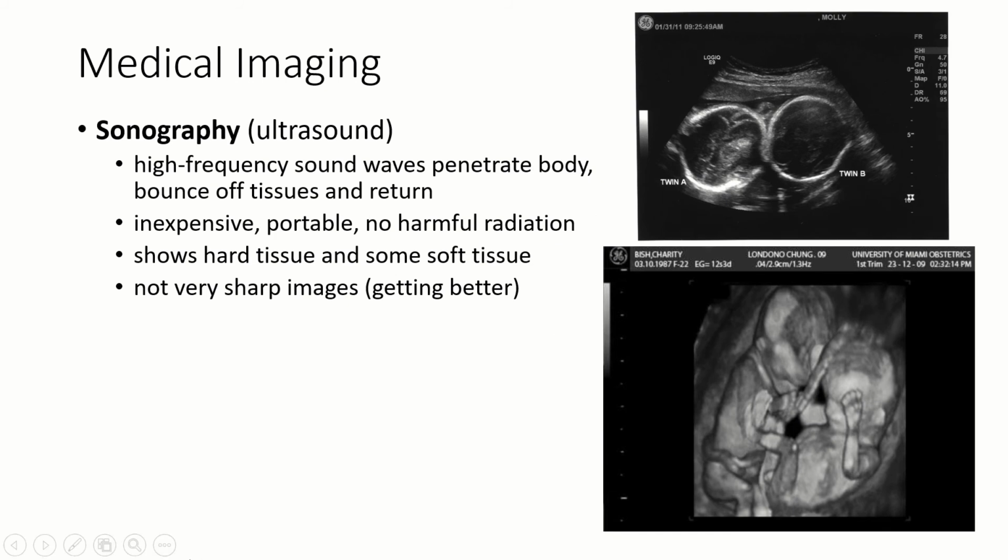Sonogram, or ultrasound, is a really good way of getting pictures of soft tissues. It uses sound waves penetrating the body, and those sound waves are going to bounce off of hard tissues and soft tissues at different frequencies, bounce back to a receiver that then processes those sound waves into a picture. The great thing about sonography is it is very, very inexpensive. It's portable. We now have sonogram machines that are the size of a briefcase,